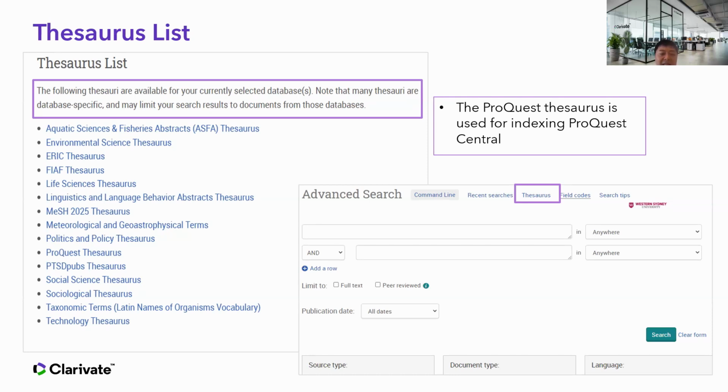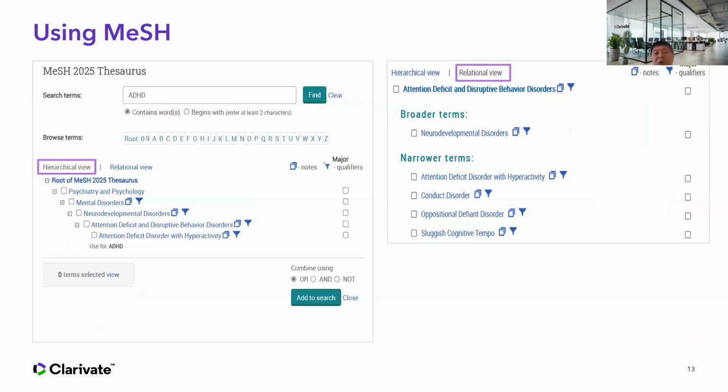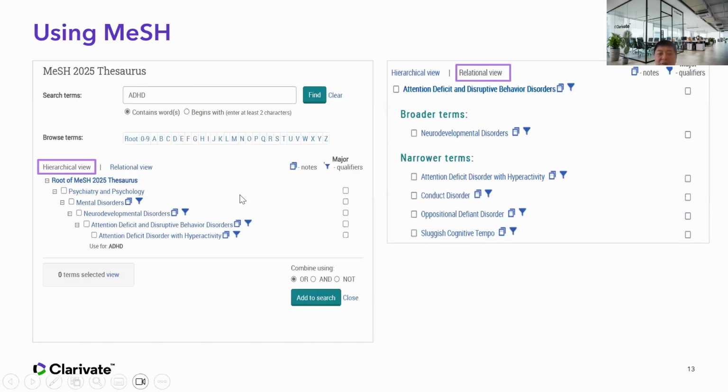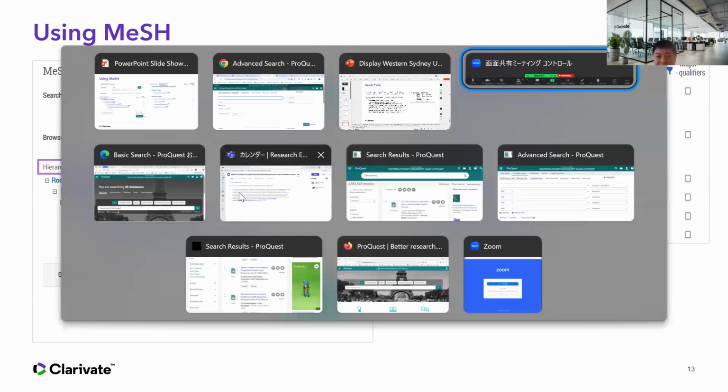And this is the list of thesauri that are available within ProQuest. You might want to visit this because it's pretty handy. I want to use MeSH as an example here. MeSH, if you know, is originally from PubMed.